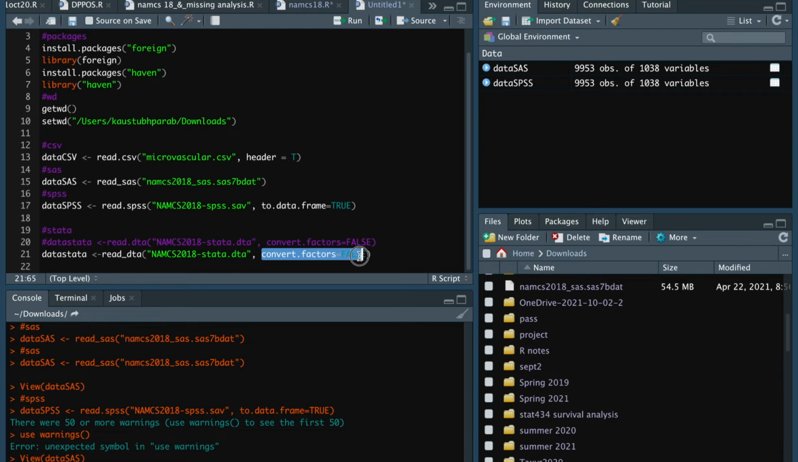argument over here written as convert.factors equals FALSE. So factors in R are nothing but the categorical variables. Okay, so we can read more about this particular argument, but it tells R not to read everything. It is telling R to read this particular dataset, which is in .dta format, save it as data, and not read everything by default as factors, because factors are nothing but categorical variables. So there could be numerical variables and categorical variables. So we don't want to by default read everyone in